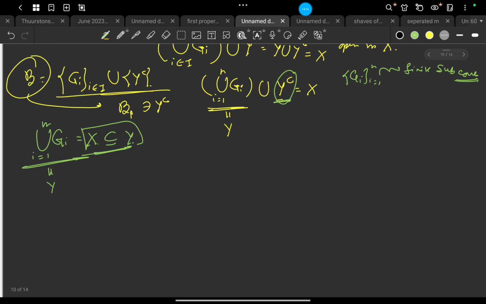Of course Y complement must be there, because by intuition X is a larger topological set than Y. So for any of the cases, the Gi act as a finite subcover. So that means we get Y is a compact topological space.